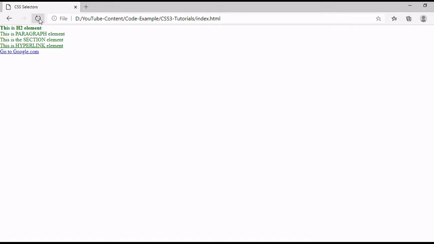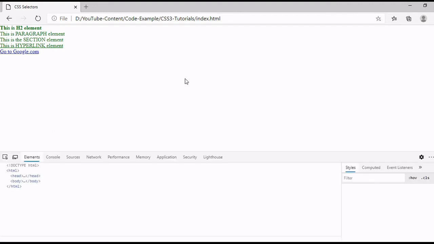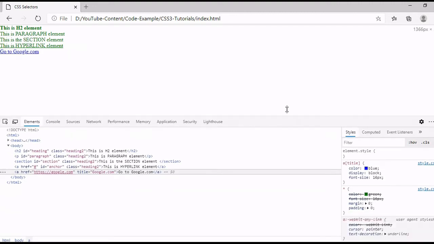Refresh the page. Here you can see our anchor tag go to google.com, and the CSS has been applied on this. So let's check in the developer tool.